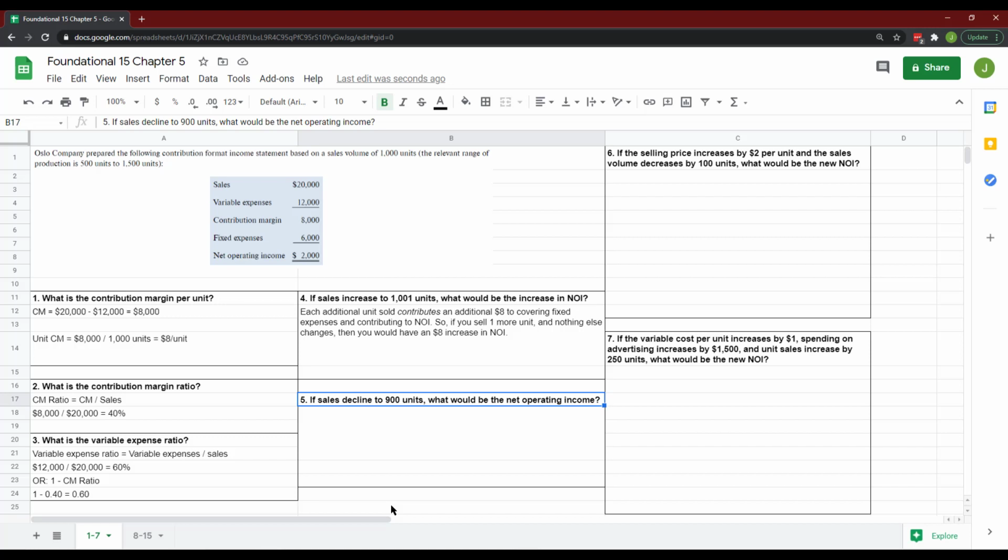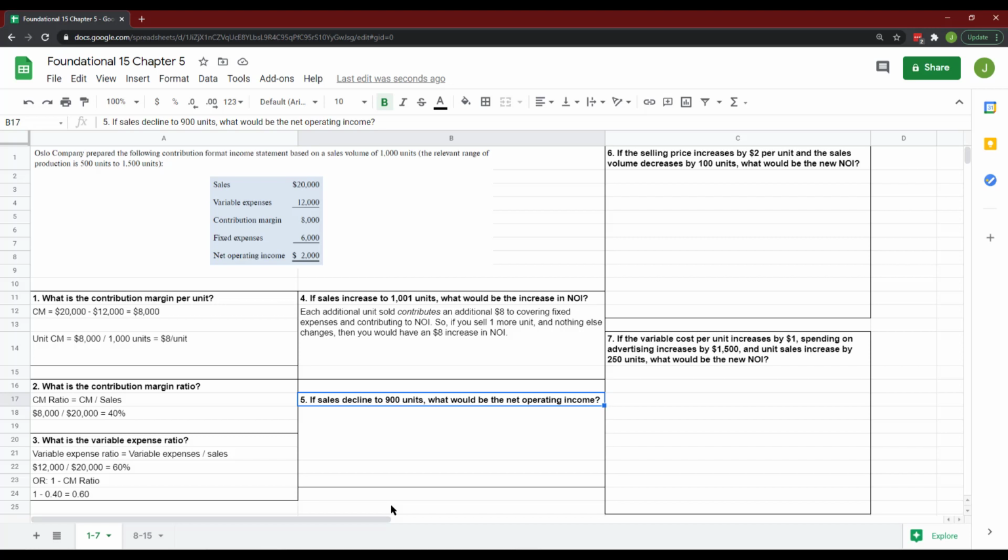So now we're looking at what if we go from 1,000 units sold to 900 units sold. So that's a decrease of how many units? That's 100 units decrease. So if you were to only sell 900 units, you would have 100 units less. That means you have 100 units less contributing not only to contribution margin, but to your fixed expenses and net